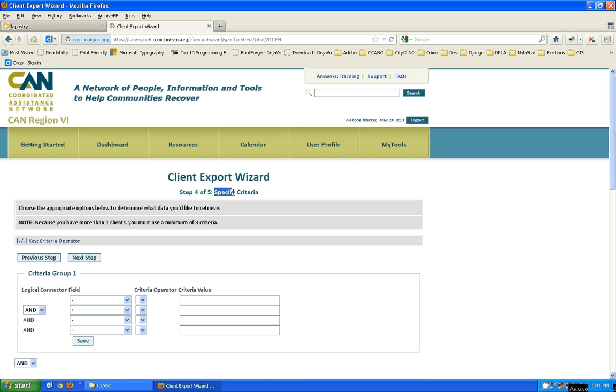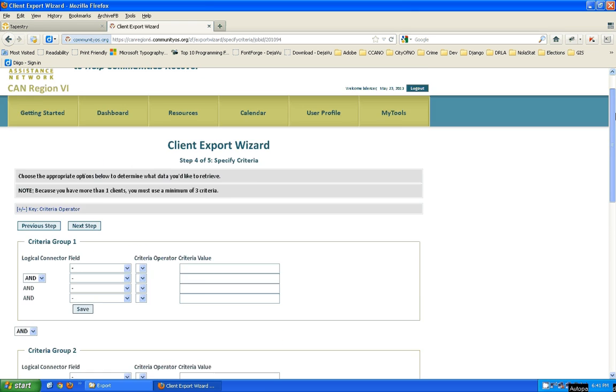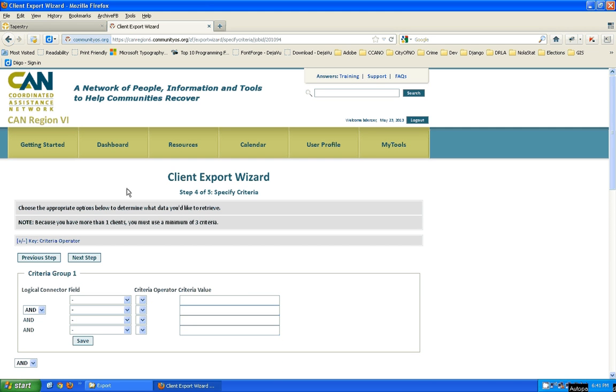Next step takes us to step 4 of 5 here, specifying criteria. This is a really challenging and probably the most confusing section of the CAN Client Export Wizard. Why? Well, because what you're doing here basically is building a structured query language query to extract records. And you have to sort of understand in particular what these logical connectors mean and the operators. So let's begin by